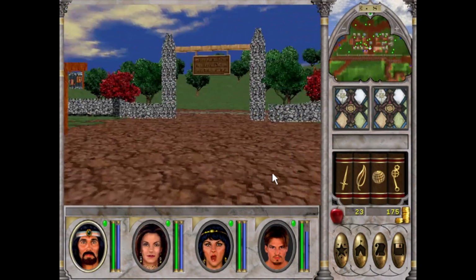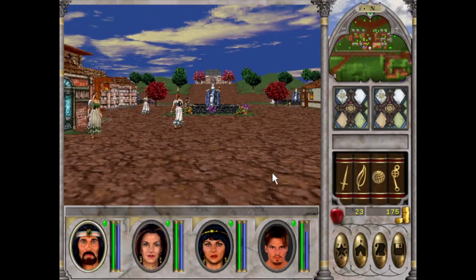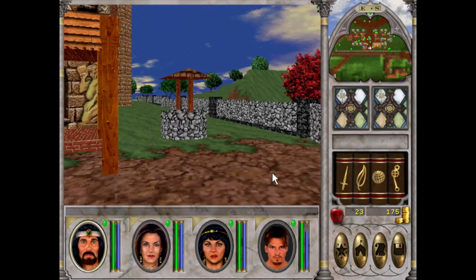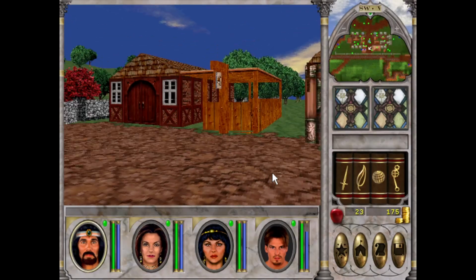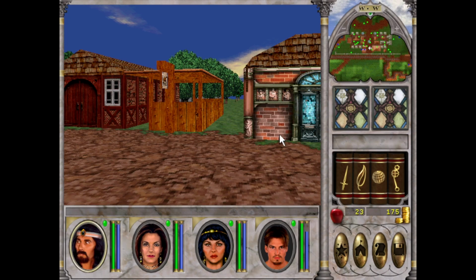from the beginning. This is the town of New Sorpigal. When the game starts, you are brought here. This is the first location of the game. You have the wells, the fountain, okay, and a lot of people. In this game, you are